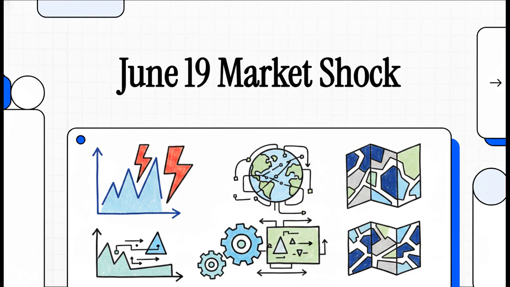I'm putting on my senior market strategist hat today because we need to forensically deconstruct the structural risk and, frankly, the extreme market volatility we saw on June 19, 2026. We are looking at a session that literally tested the absolute limits of algorithmic governance in geopolitical pricing. So let's unpack what actually happened.